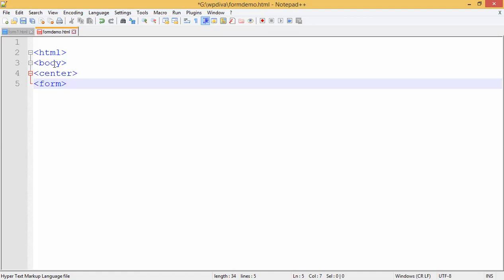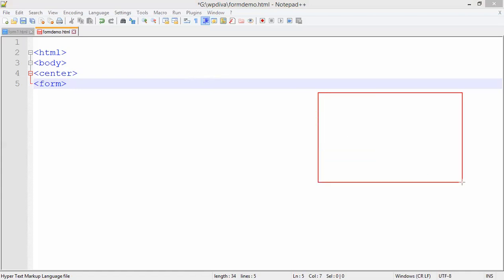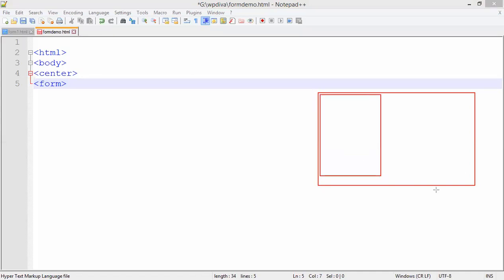So what are the form elements that I'm going to include? I will show you here. Suppose this is my form design, guys. I'm designing a form in this way. See, the form does not have any border. It will appear directly in the browser. If you want a border, you have to create the form in the table tag. The form will not come in the table form. We have to create this outside border using the table tag.